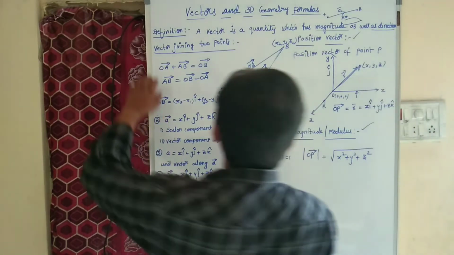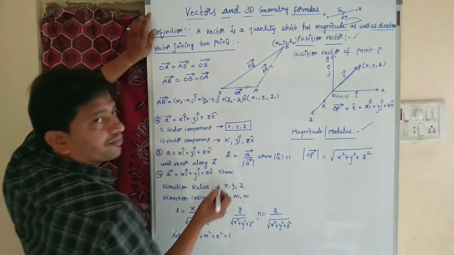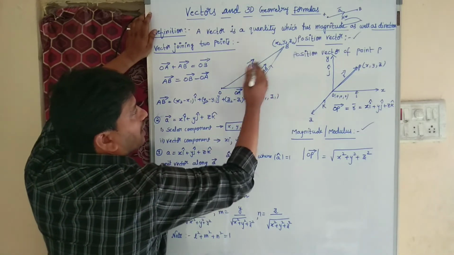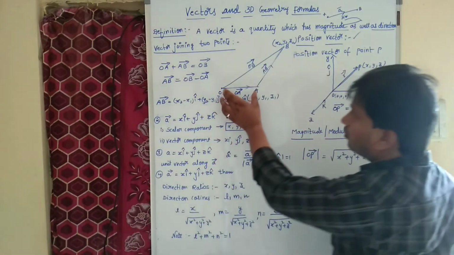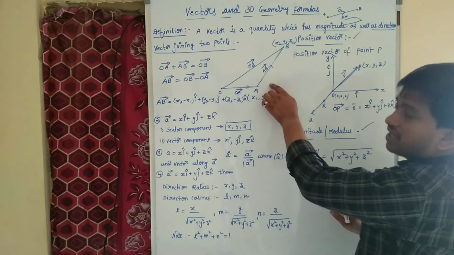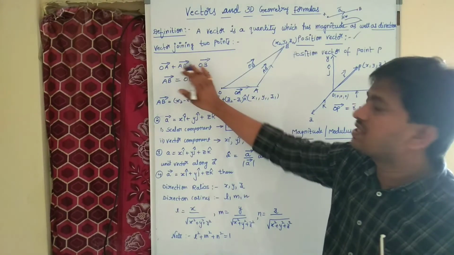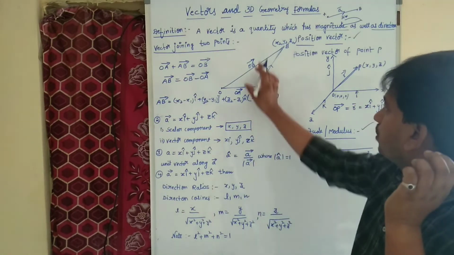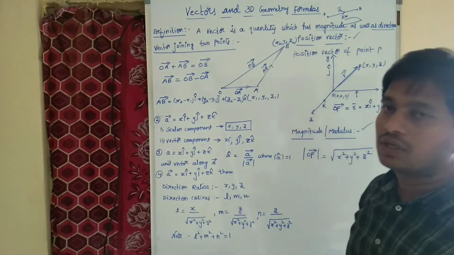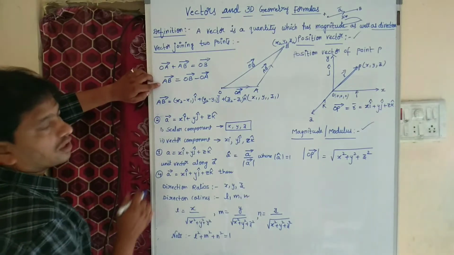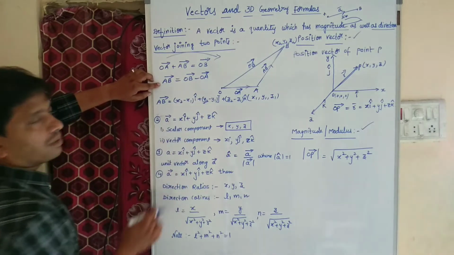see here we have direction OA plus AB. OA plus AB, both are in the same direction, that gives us the resultant vector OB bar. So OB bar equals OA bar plus AB bar. OB bar is nothing but the resultant vector. Now if you want AB bar, what do you do? OA bar you transpose. So AB bar equals OB bar minus OA bar.